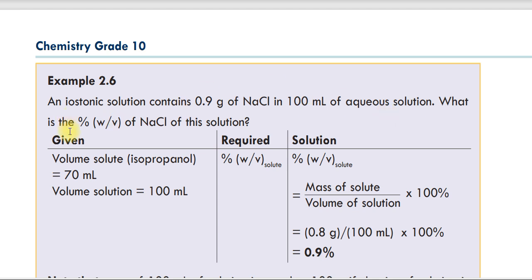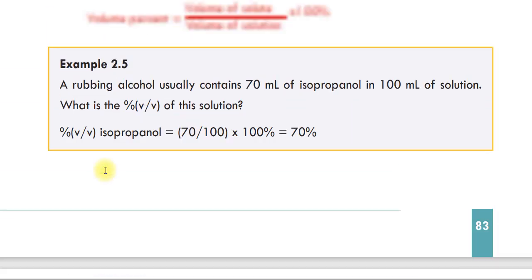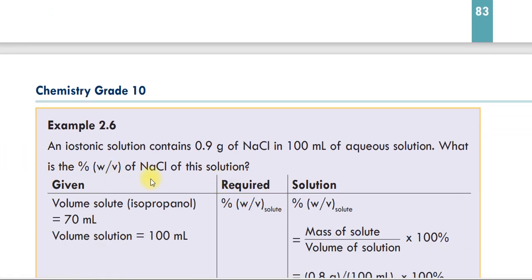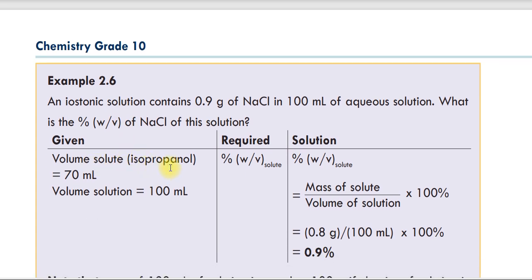So first we have given here volume of solute isopropanol, which is equal to 70 milliliter, volume of solution, which is equal to 100 milliliter. Then we have to find the percentage by weight by volume of the solute. ስለዚህ የጥያቄ ከማን ጋር የተገናኘ ነው? ከዚህኛው ጋር የተገናኘ ነው። አሁን 70 እና 100 እዚህ ጋር ተጠቅመነዋል። ግን ጥያቄው ለየብቻ ሆኖ ሳለ from the above example ብሎ መጥቀስ ነበረበት። ምክንያቱም volume of solute ብሎ አይሶፕሮፓኖል ነው የሚለው።